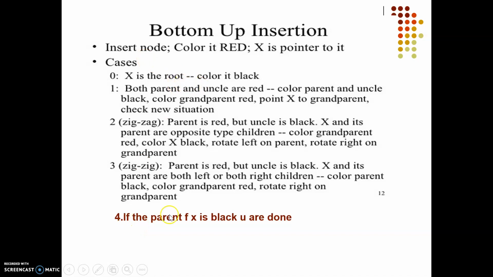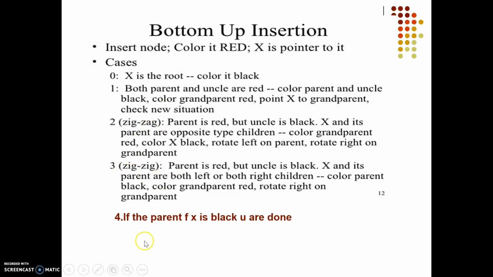If it is not a root node, we are going to check the parent of the newly inserted node. If it is black, we are done. We don't have to do anything in that case. If not, let us suppose the newly inserted node is red. We are going to check parent and uncle. If parent and uncle are both red, then we are going to make certain changes in color. And if the parent and uncle are of different colors, then we are going to do either zigzag rotations or straight rotations.